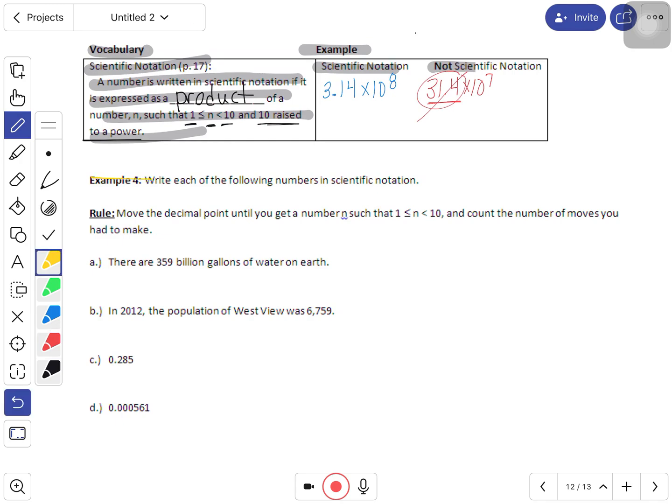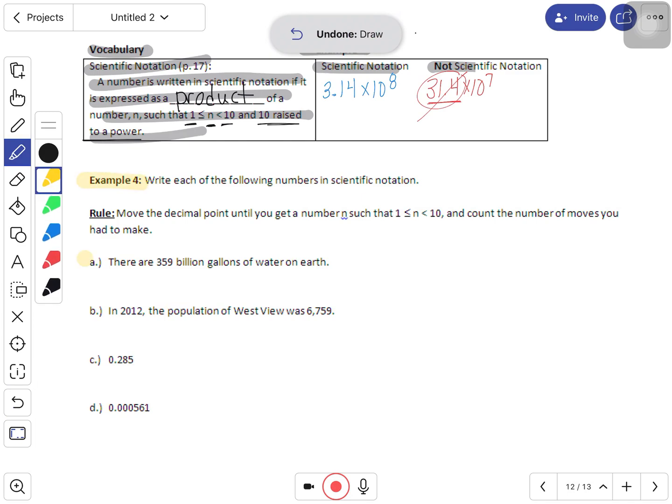So for example 4, oopsie, that's supposed to be a highlighter. Example 4, I'll copy those down. So in part A, we have there are 359 billion gallons of water on Earth,